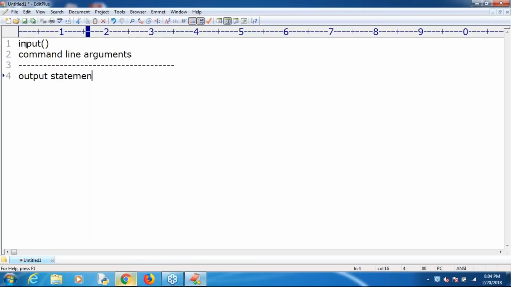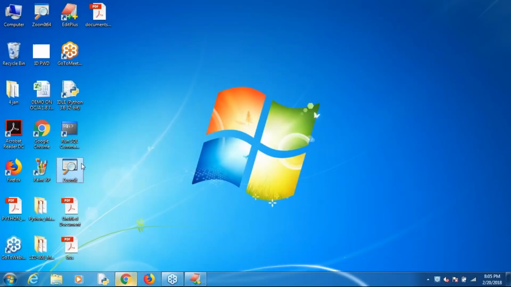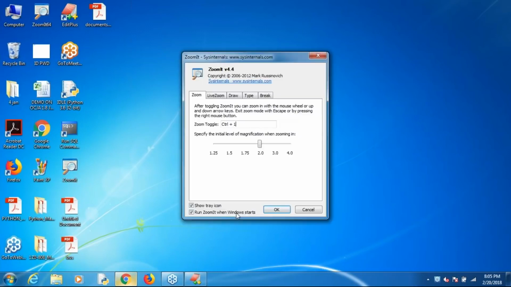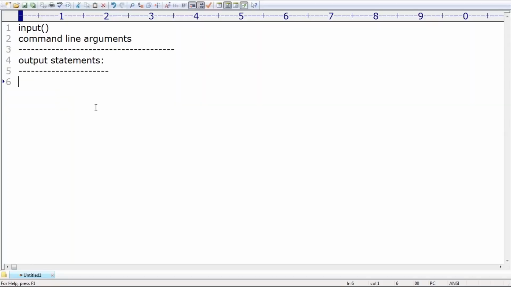Regarding output statements, now I want to print some statements to the console. I'm always using the print function. In how many styles can we use the print function? You should be clearly aware of this. What are various possible styles to print for the print function? All those loopholes I need to discuss. There are multiple forms available for this print function.